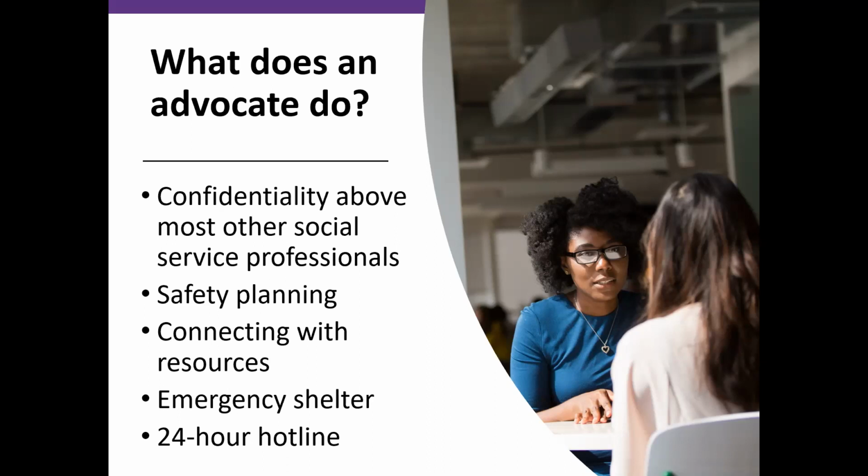A couple of other things that I want to point out that have come up in questions lately: community-based domestic violence organizations do not collect any kind of data or information regarding somebody's immigration status, nor do they have to report on anybody's immigration status. So no matter what somebody's status is, advocates can serve them. Folks don't need to have any kind of ID or identification or paperwork. Folks do not even have to give us their legal name if that's not something they feel safe doing. So it is really very survivor focused and survivor driven.